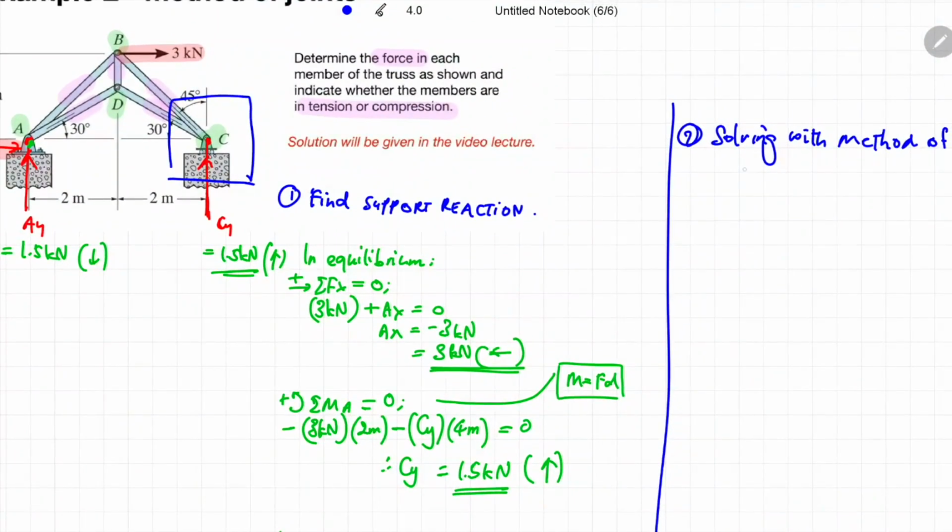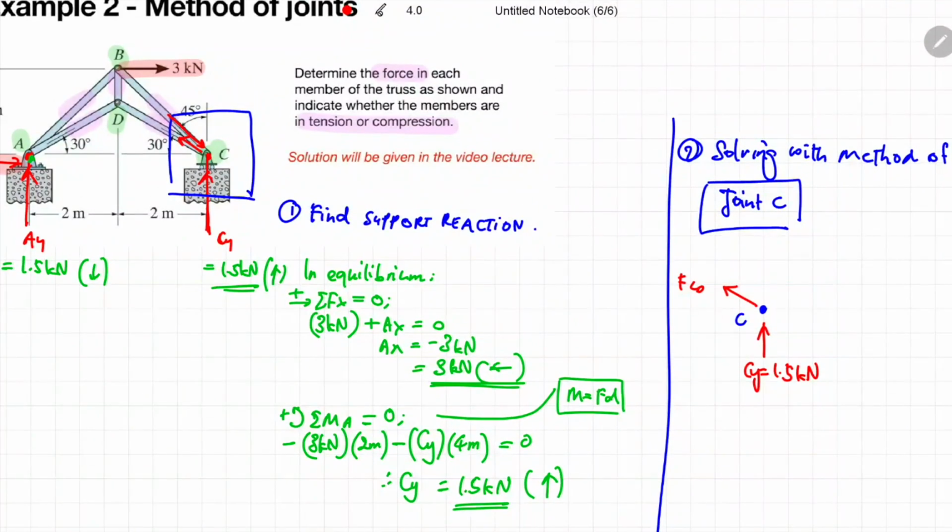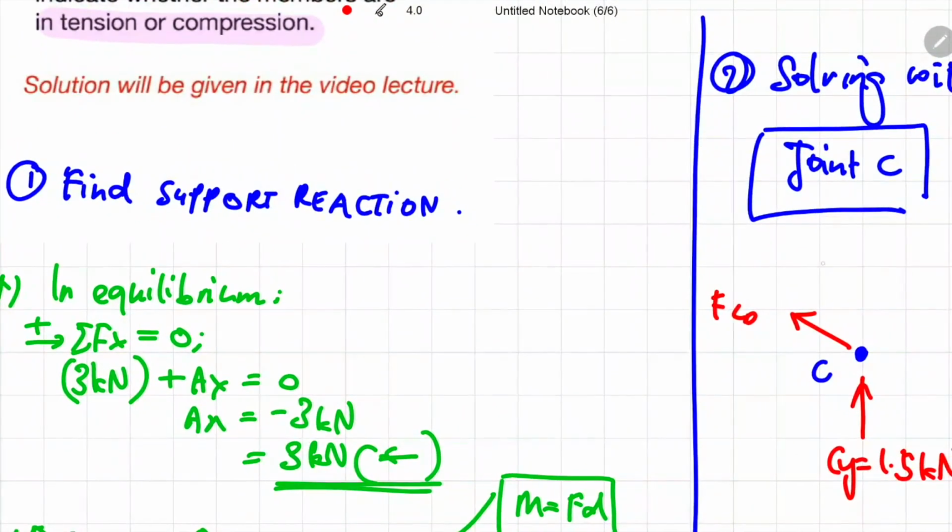Now similar to the previous example, we are going to draw the free body diagram, particularly at joint C. So if this is your joint C, there is one force acting in the y direction, we call it CY, and the magnitude is known, which is 1.5 kilonewton pointed upwards. And then there is one internal force between joint C and truss member CD. So let's just assume the direction to be this way, and we are going to call this internal force FCD. And finally, there is one unknown force between joint C and truss member CB. So let's just assume the direction to be this way,